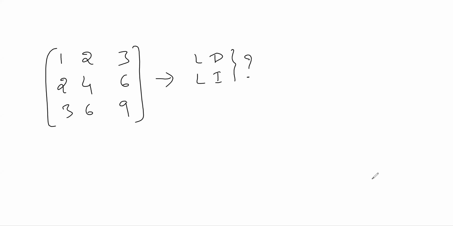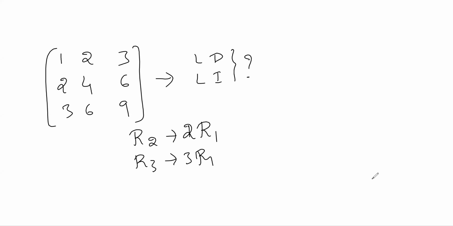Which type of matrix is it? Independent. Are you sure? Independent or dependent? Dependent. So just to see the second row, R2, what can we write? R2 we can write as 2 times R1. Is it right? Yes, sir. And R3 also we can write as 3 times R1. Is it right? Yes, sir.